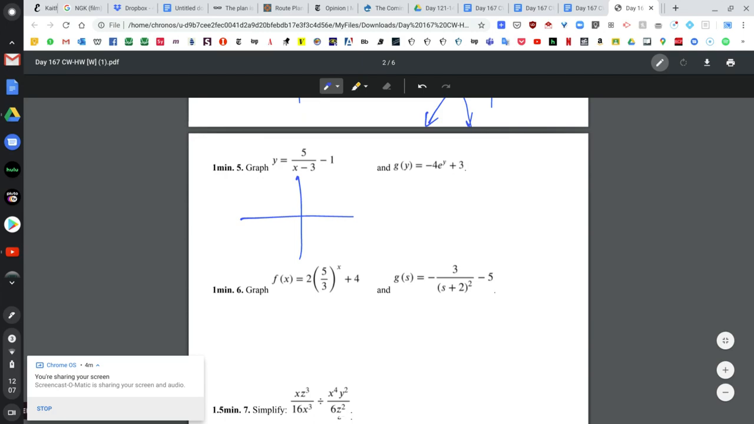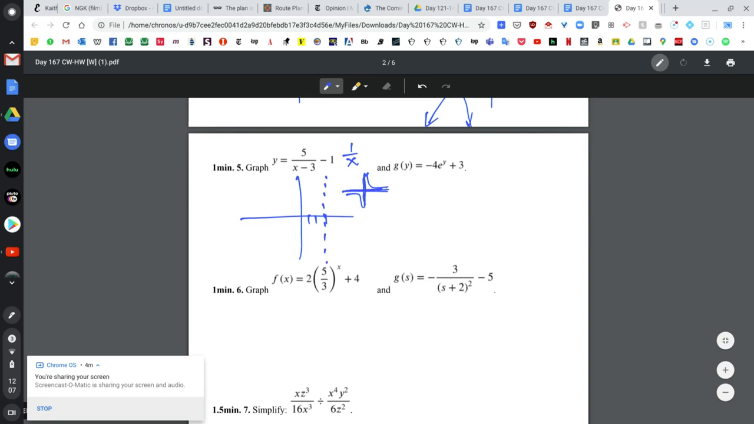In case you've forgotten, the parent function is 1 over x. It has a shape like this, that, and like that, okay? So we just need to shift it. It has a vertical asymptote and a horizontal asymptote. So we need to shift the parent function 3 units to the right. So it has a vertical asymptote here,